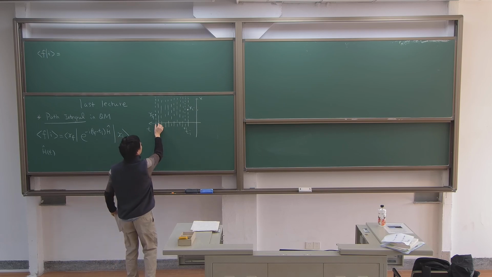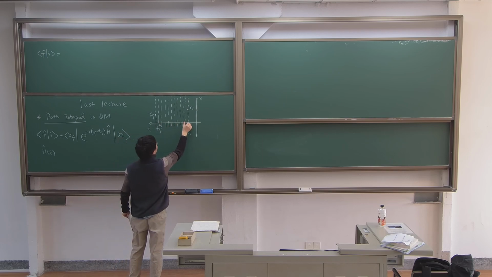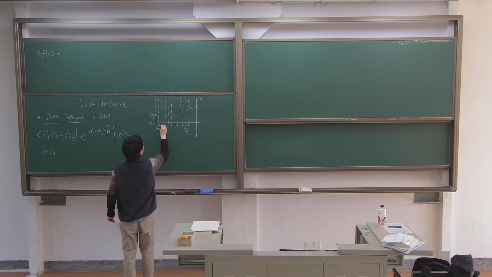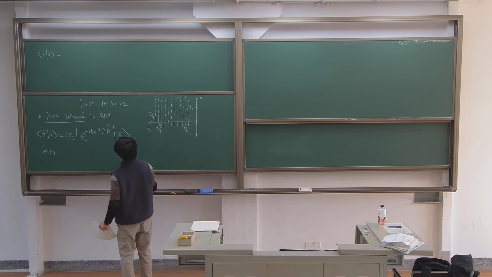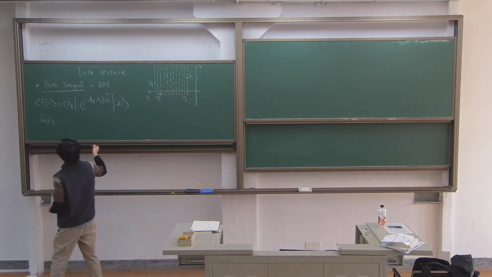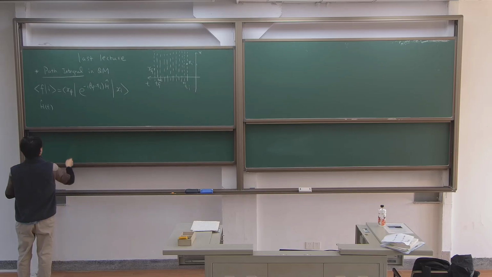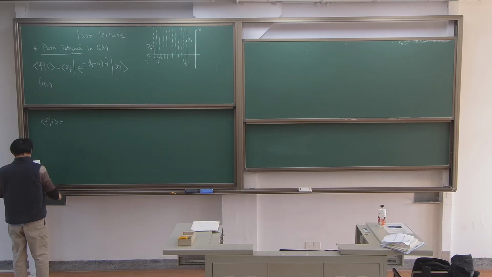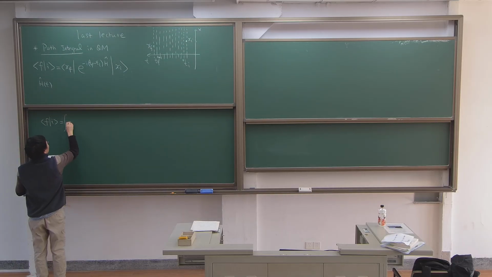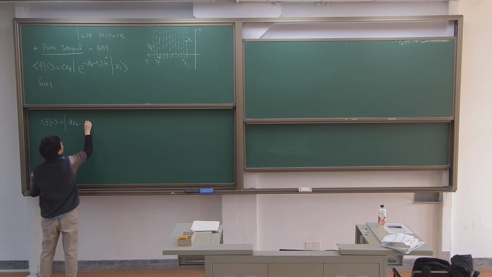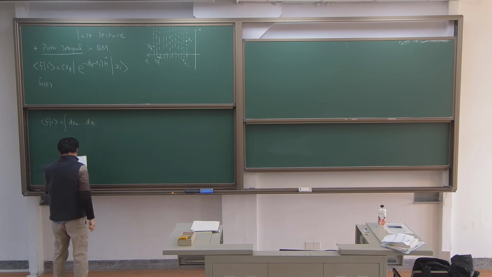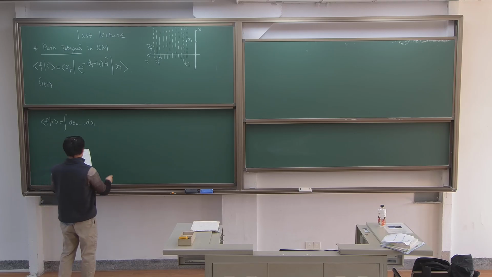Then this becomes n+1 intervals. Or if you take this as Tn minus 1, then there are n intervals. Then what we can get is, if I insert a complete set of X states for each dashed line,